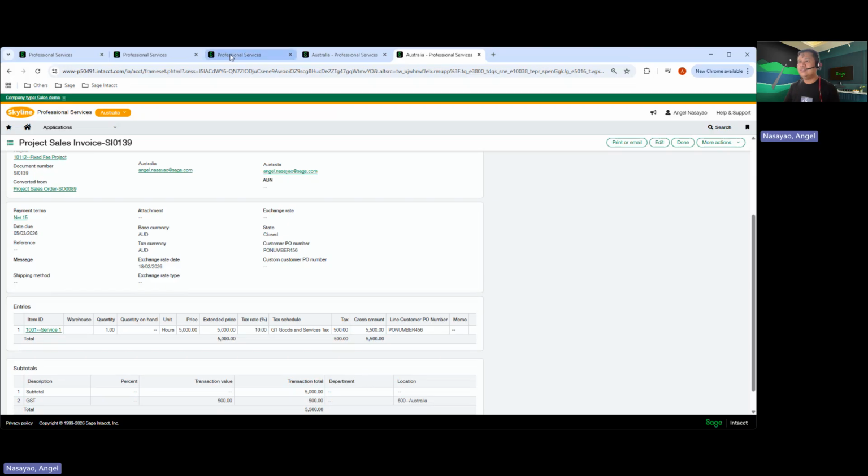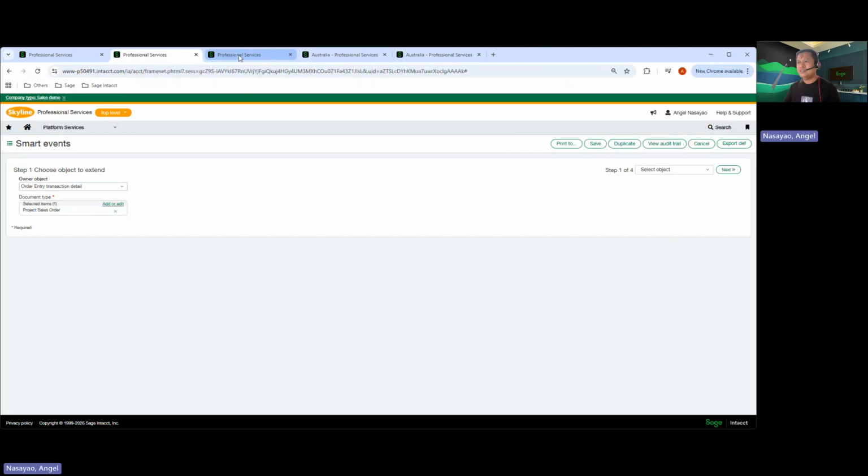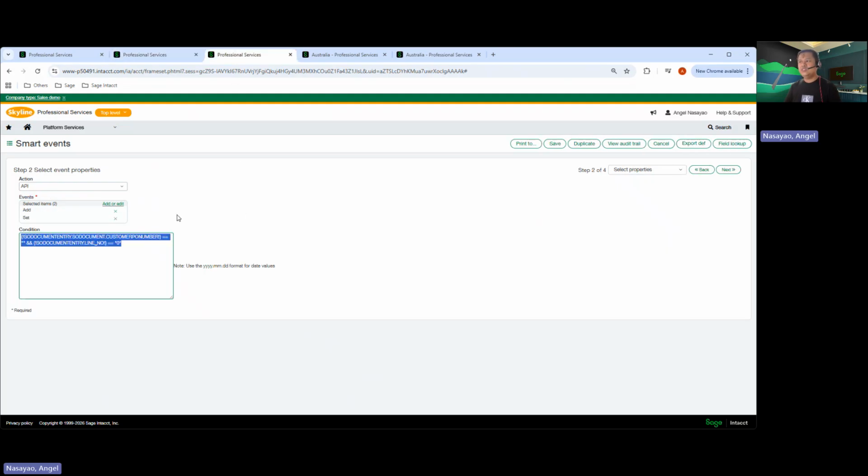So what you can do is have a smart event that will essentially copy the information on the first line of the invoice, which is coming from the sales order, and copy that across to the customer PO number. So it's a combination of making use of custom field and smart events. As you can see with the smart events, with the first smart event, you can make it synchronous, which means when you post or save as draft, it's automatically given to you. But for the sales invoice, you wouldn't want to meddle with the generate invoice functionality, right? So might as well just